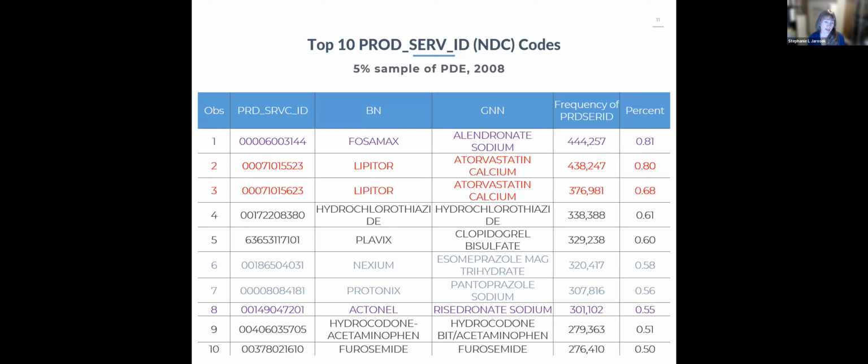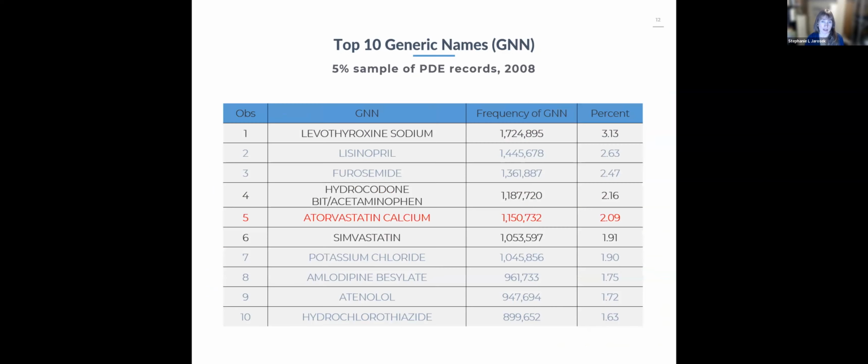Because we know that if a drug has 50 different product service IDs associated with it, because it's available in a lot of different formulations and a lot of different packages, maybe this will scatter those too much and we won't actually get a good idea. So we could try generic name. If we just do a frequency on generic name, now we see that thyroid medication is the number one.